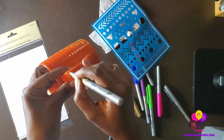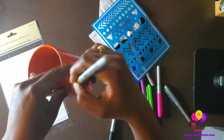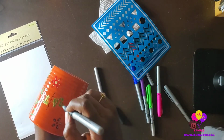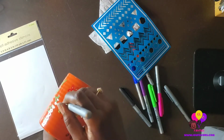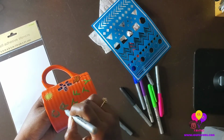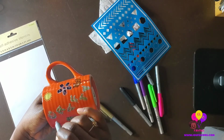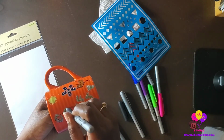I tried to use silver on the handle, but I didn't like how it looked. It didn't stand out as much as the gold, so I put hashtag I.O.U. Favors on the handle, and I decided to put the dots around, little pop dots, marks around the 24/7 and also crafty. I don't know, for me, it makes it stand out, and I like the effect it gives the letters. And I decided to use gold and black on the 24/7,